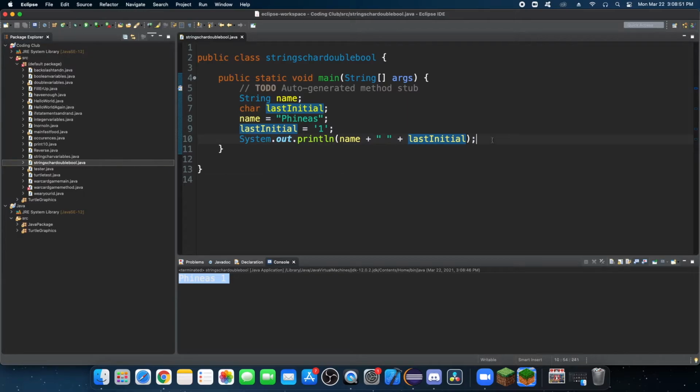So once we got that, we can go to the next one. So we have doubles: initialize 2 doubles and add them. The answer should be 4.2. So let's initialize 2 doubles. Double 1, I'll set it equal to 1.9, and I'll put a semicolon there, and I'll do double 2, and I'll initialize this to